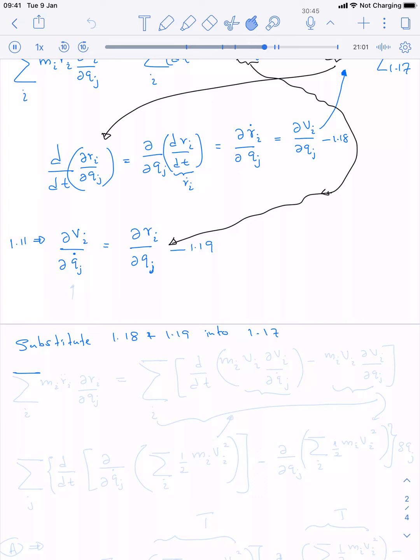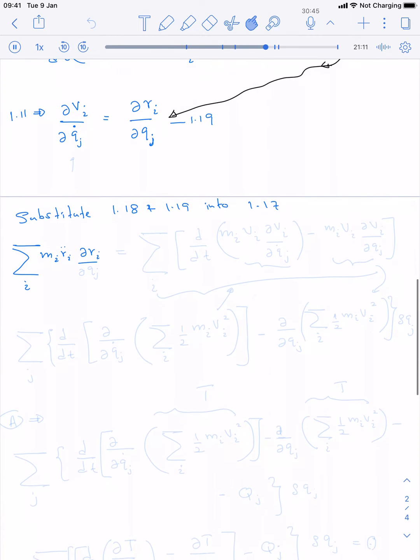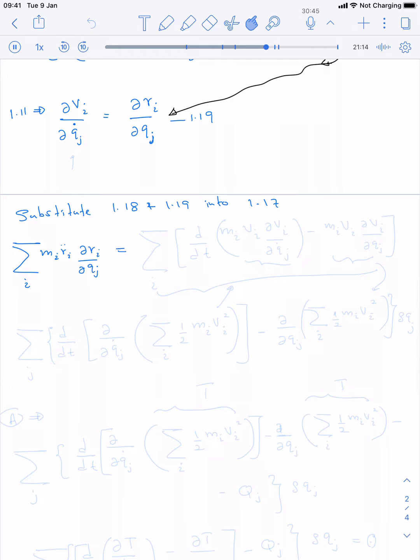So we will get the sum over i of mi ri double dot ∂ri/∂qj equal to the sum over i of d/dt of mi times, now this ri dot is the velocity, so I can replace it by vi, and then ∂ri/∂qj can be replaced from this term right here, ∂vi/∂qj dot, this whole thing inside the brackets,